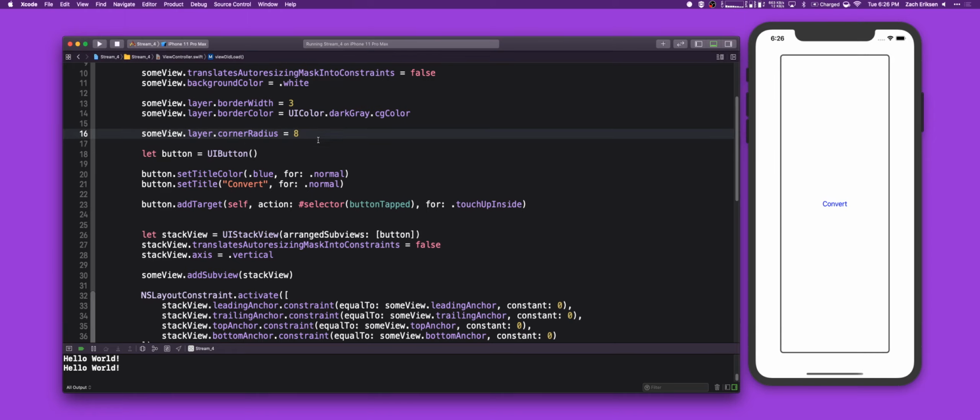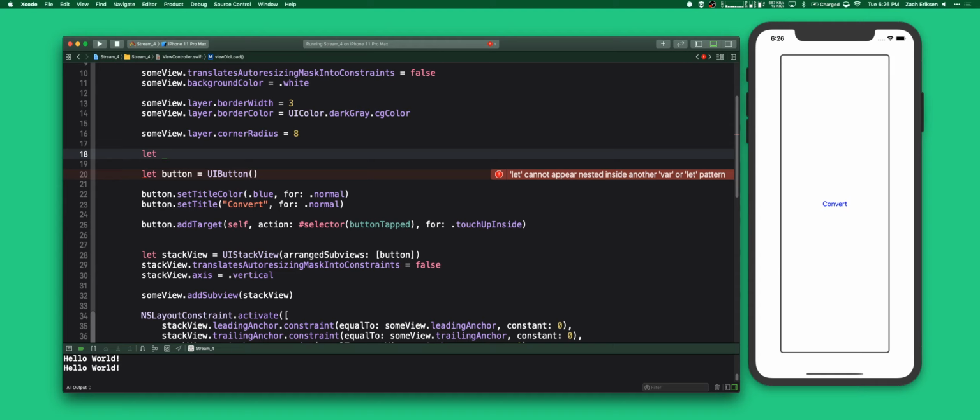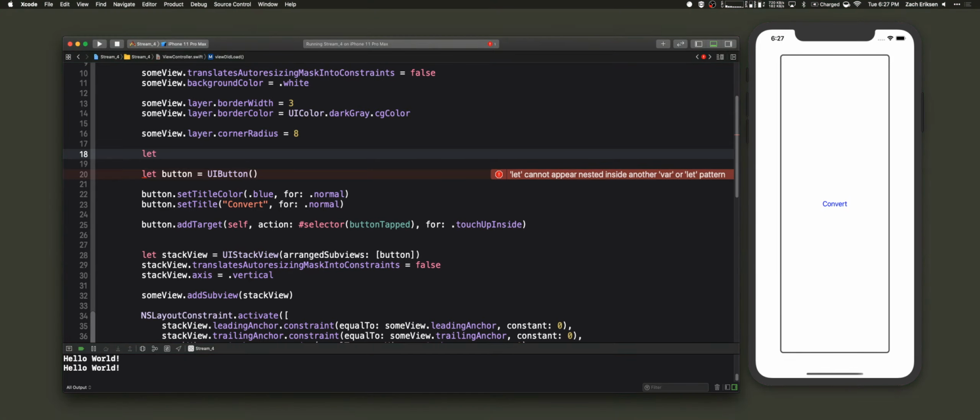So I'm just going to put the label right above the button. It doesn't really matter. Like I said, you're not going to really want to put all of your code inside one function, so this is not a practice that you'd want to keep or do. So we can just say label